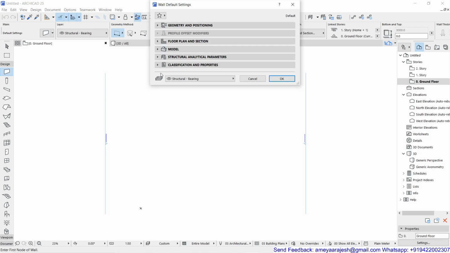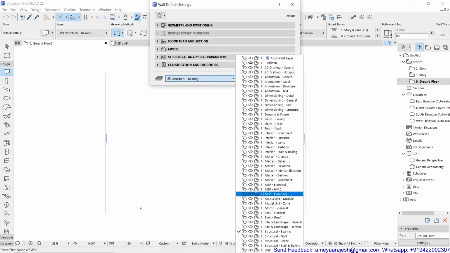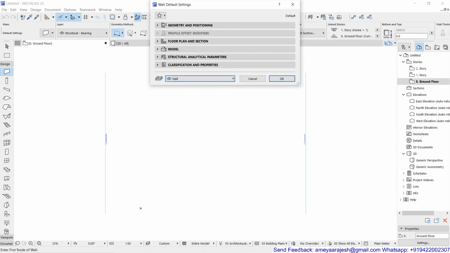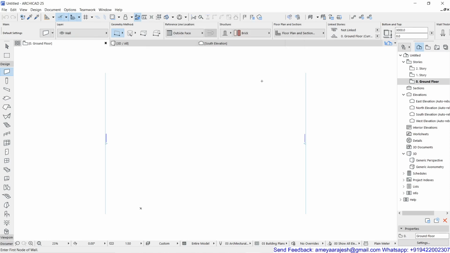The only important thing I'm going to do is changing the layer, or the layer which is current, for this particular object to get placed. And recently we have added a new layer as wall, so you can check out that wall layer. I'm going to select it from the drop down as my current layer for the drafting. So you have to do this much work for sure without any mistake, because that's really important. And now you are going to say OK for this. The moment you say OK, at the top of your screen in the info box, you confirm that changes have been modified, that your wall will now get placed on the wall layer.